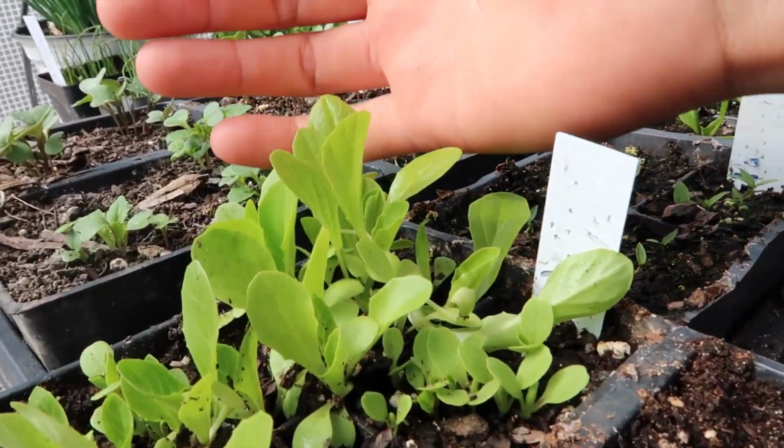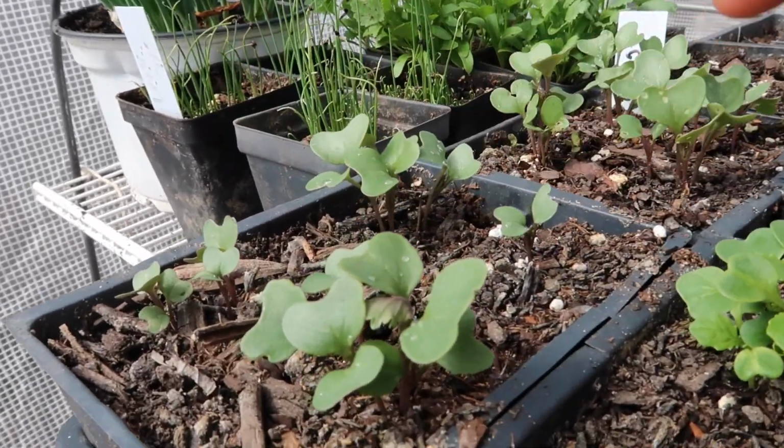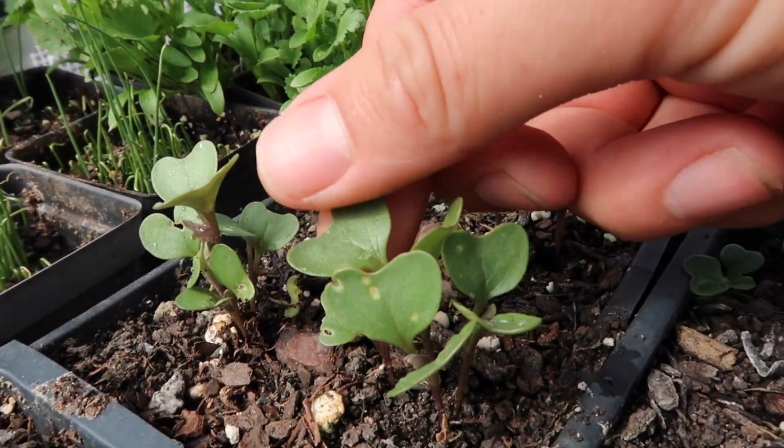And look at these, they're just so beautiful. And no problem, the frost did not hurt any of the leaves. And that is a miracle, because these are so tender that I was afraid that they were gonna die, but